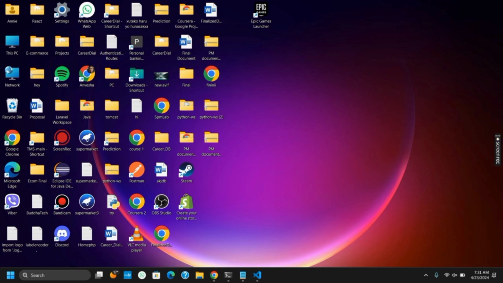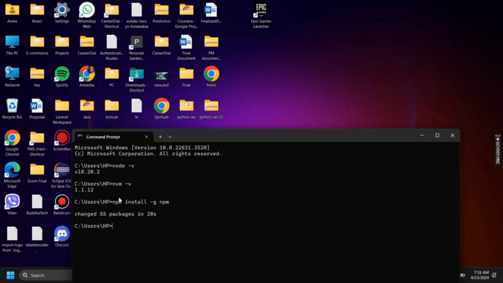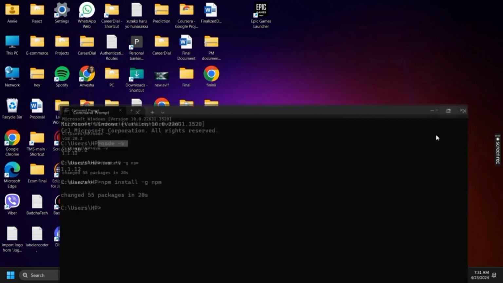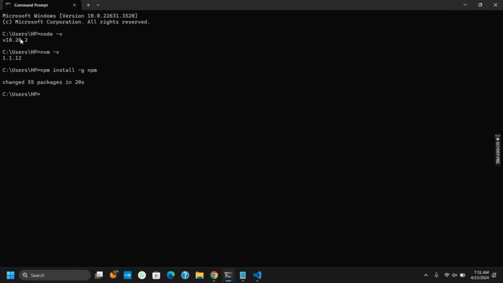First and foremost, you need to check for Node.js and npm installation. For this, you can directly open the command prompt on your device, then type in node -v to check the version of Node installed on your device. Likewise, for the npm version, you have to type in npm -v. However, if it is not installed on your computer, visit the official website and install the Node and the npm